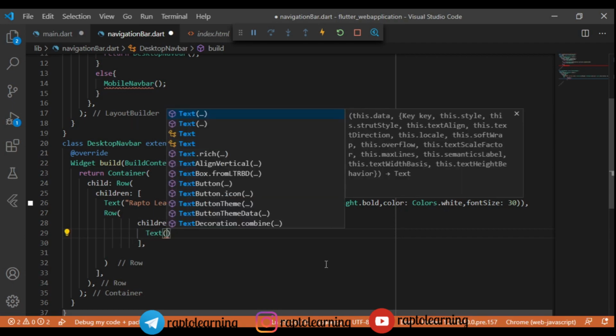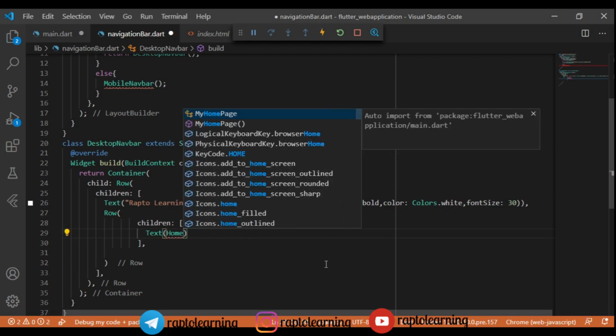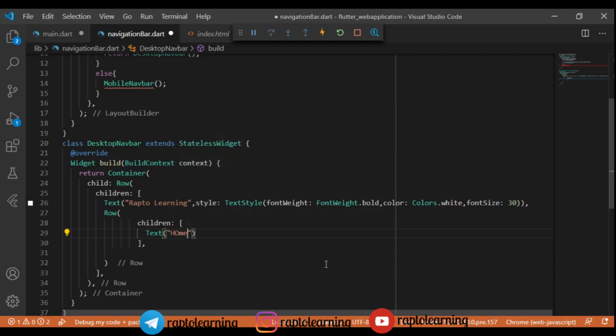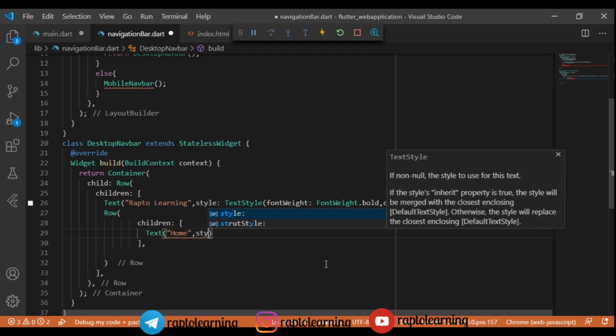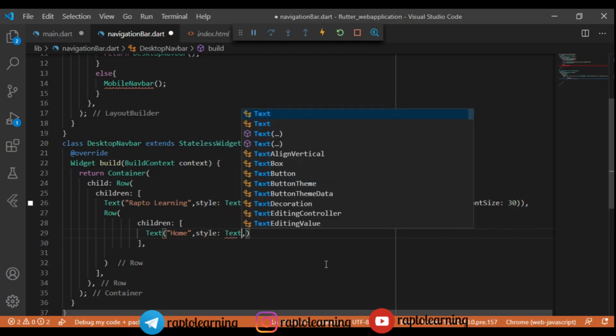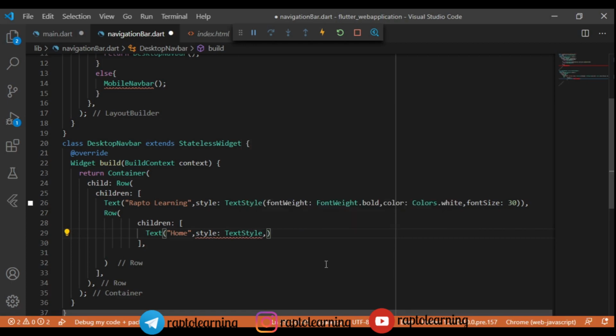So in children we are going to give text, and in this text we are going to add home page. Home page is now, so we will add only home to this. And yeah, this is simple text, right? So if you want to link this page to another page, you have to wrap this text widget in inkwell, right?